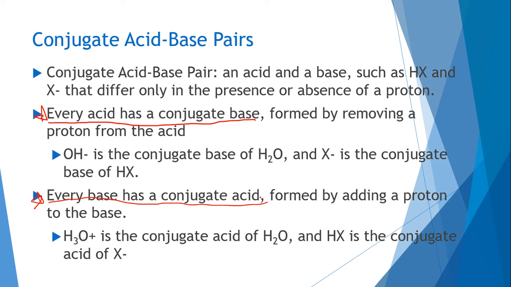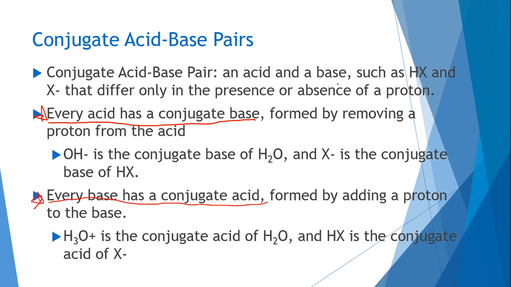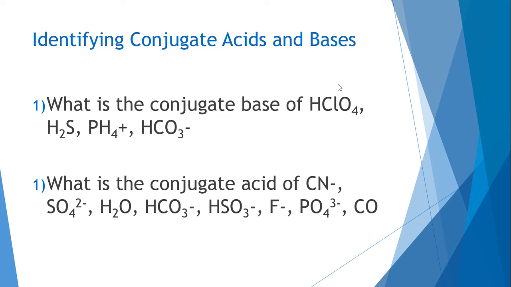So I'm going to go back to this previous problem. Here's my base. Notice that it turns into a conjugate acid because if I were to reverse this reaction, this one would have to donate. Notice the water is an acid, but on the other side, it becomes a conjugate base. So we're going to work on being able to write conjugate acids and conjugate bases. So notice they're opposites. If you have an acid, you're making a conjugate base. If you are a base, you're going to make a conjugate acid.